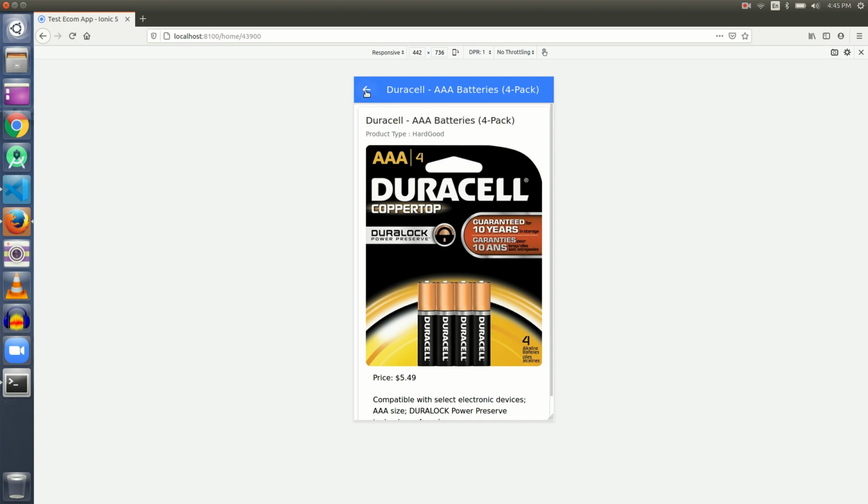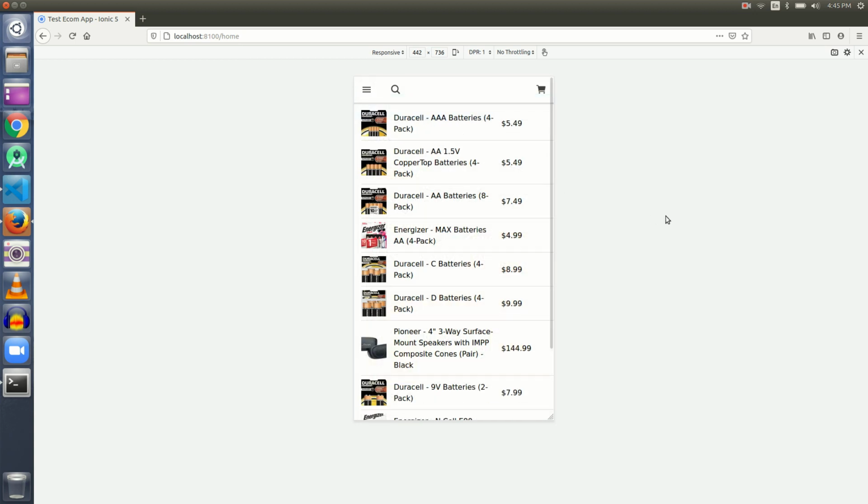Then there is a back button on the title bar. If you can see, if we press it, then we will be navigated back to the home page. So all these things, when you are clicking, you are moving to a next page, you are clicking the back button, you are coming to the first page. All this is navigation, and this navigation is generally controlled by Angular and Angular's concept, Angular routing. So we'll be learning about all these and some more things in this video and upcoming videos.